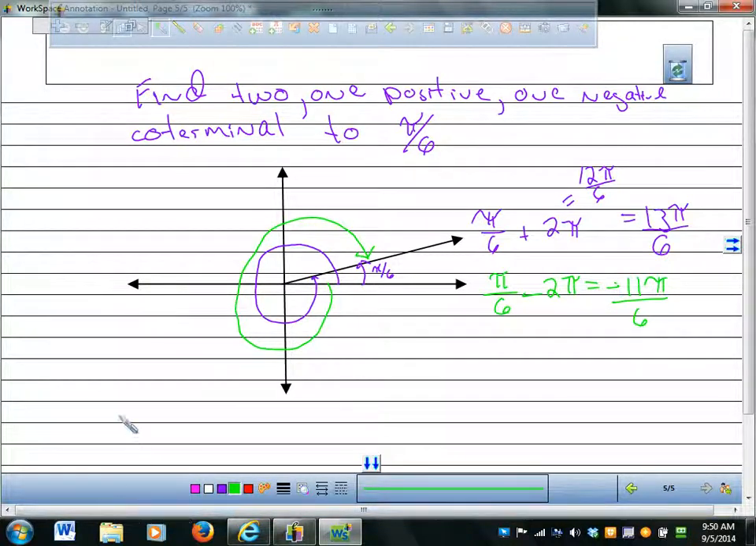You get that? Okay? I could subtract 4 pi and come up with another one. I could subtract 6 pi and come up with another. So if I want to find one that's coterminal, I could add 2 pi. If I want to find another one that's coterminal in the negative direction, I subtract 2 pi. I don't think I have to do more of those. What if they said sketch